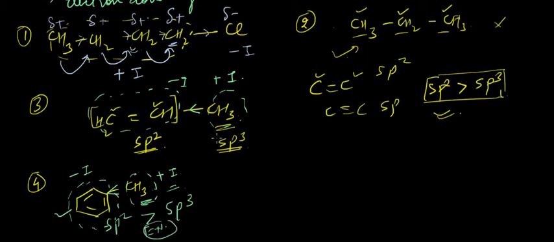Okay, so let us look at some more examples. Let's suppose we have this benzene ring, and this benzene ring has a nitrile group attached to it. So now in this case, what would be the plus I effect substituent and what would be the minus I effect substituent? So if you look carefully, we can see that